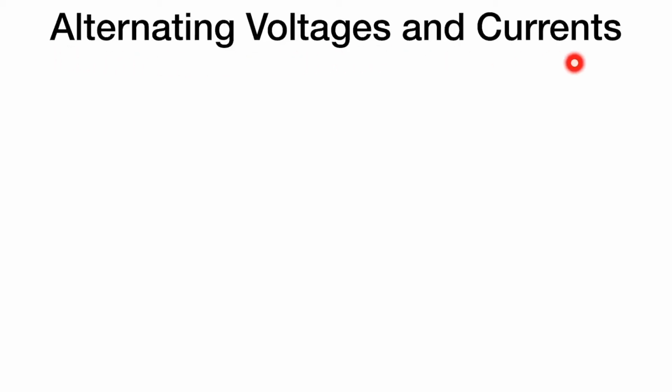Alternating voltages and currents. We know that DC voltage and currents have only magnitudes, no direction; they have a fixed value like 5 volt, 6 volt, 3 ampere, minus 3 ampere. Whereas alternating voltages and currents have both magnitude and direction, and both are changed with respect to